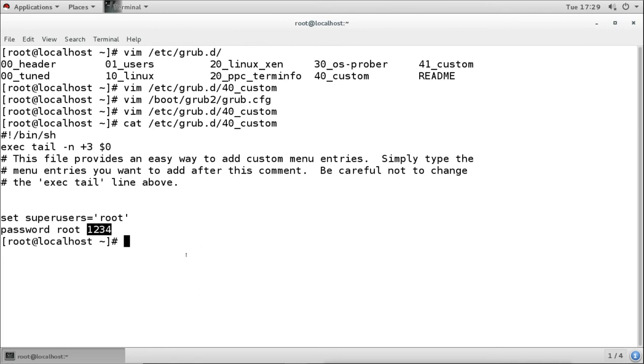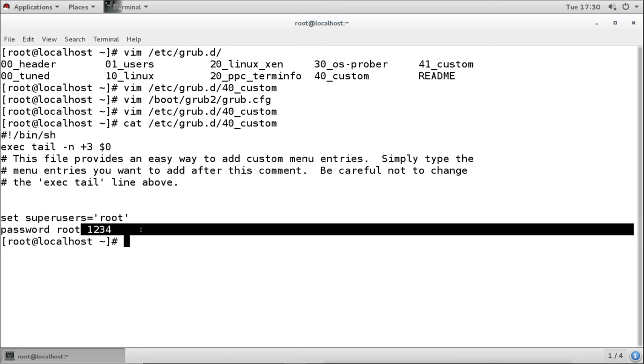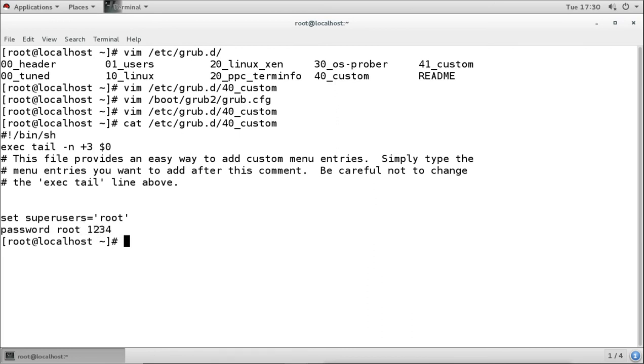So what we can do is secure the grub password. We can configure a secure grub password using a hash password. So if anyone sees the file, they cannot understand the password. They would have to reset the password if they want to remove it. Now this is not secure, it is a plain text password.